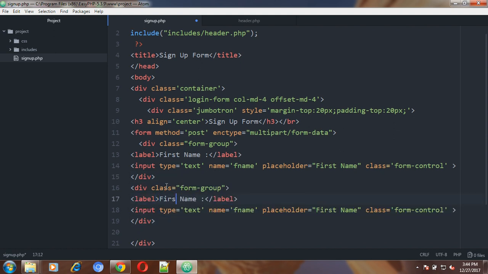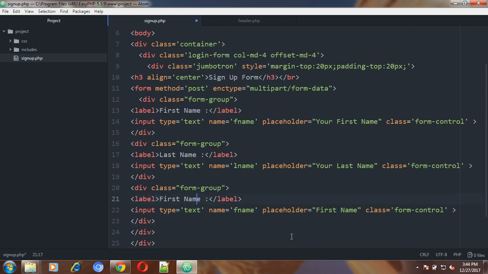And now here I will take the user's last name, and it will give us lname for last name, and placeholder will be, we will give here your first name, your last name. This would be good. The class is,